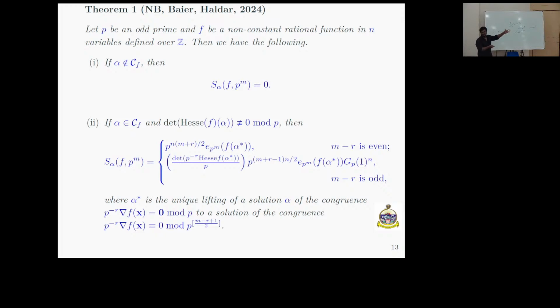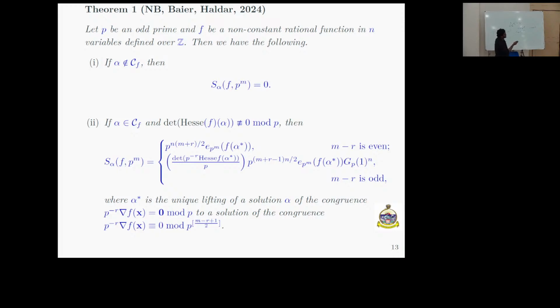This is straightforward. And now we are in the case whenever this is a critical point, depending upon the Hessian. Now in the standard Hensel lifting for the n variable case, we know there is a lifting whenever this Hessian is not equal to 0 modulo p. Same as the dimension 1 case, whenever this derivative is not equal to 0, right? In higher dimension we are taking this Hessian. Then we can directly have this expression like this.